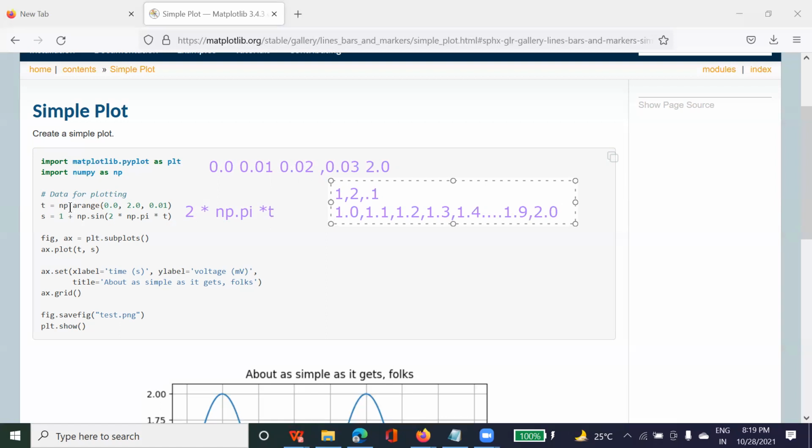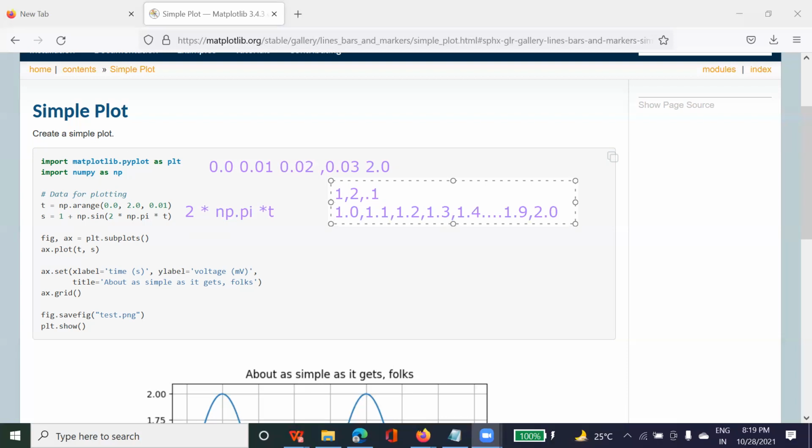Now here, suppose we take 0.0. The t value 0.0 will perform the operation, the sine value will be read, and the s value will be calculated. So for 0, the s value will have some value. Similarly, for t 0.01, the s value will have some value. Similarly, for t 0.02, the s value will have some value. Am I clear to everyone? Yes.